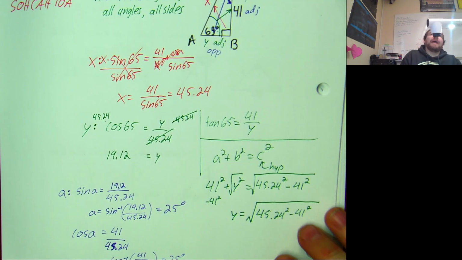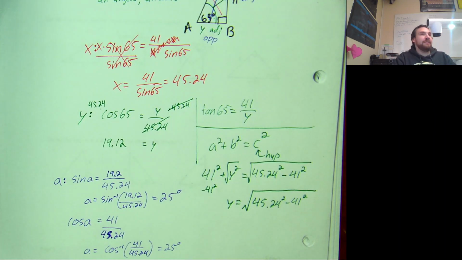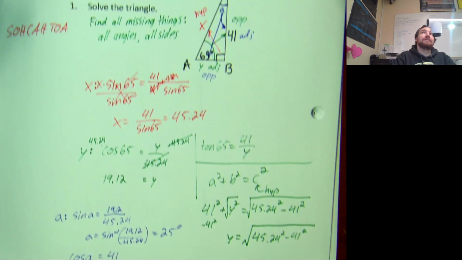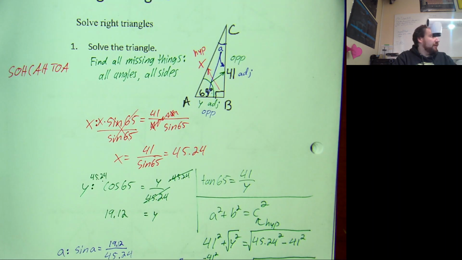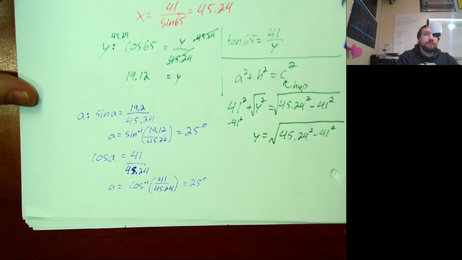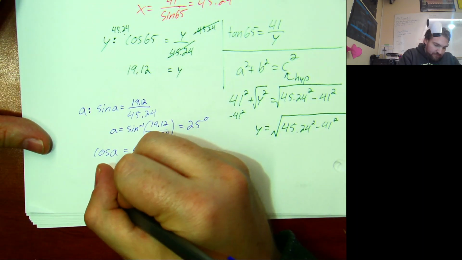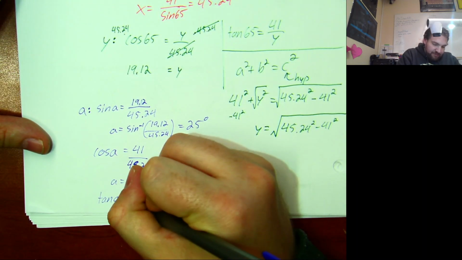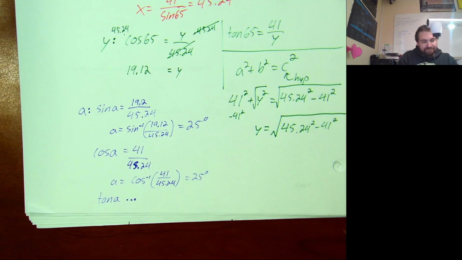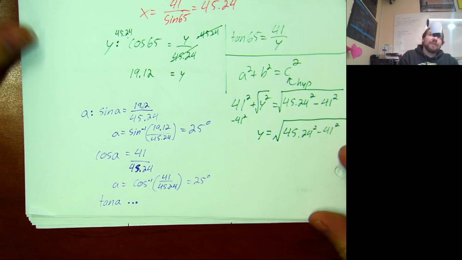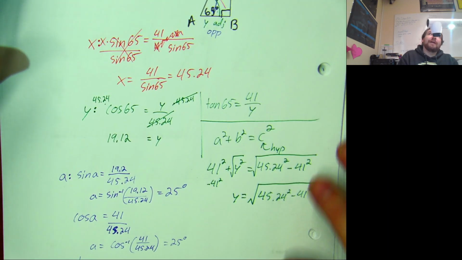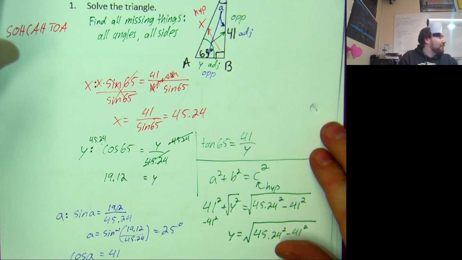Is there any other way to find angle A? Yeah. What's the last way? If I've used sine and I've used cosine, then I'm also going to be able to use tangent. Tan A, dot, dot, dot. And there's one more way. You remember? Because